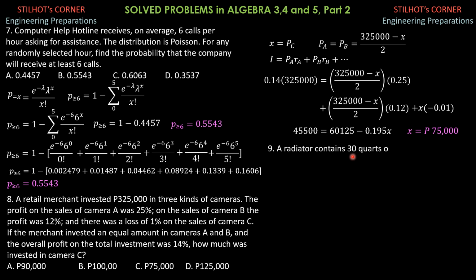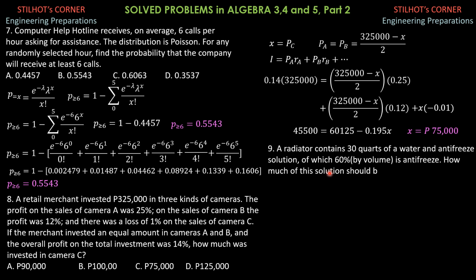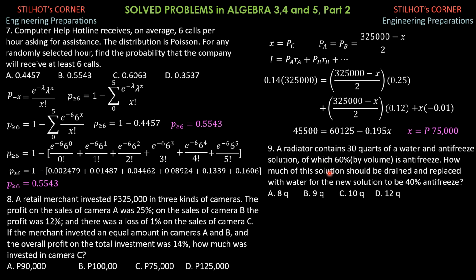Problem 9. A radiator contains 30 quarts of water and antifreeze solution, of which 60% by volume is antifreeze. How much of this solution should be drained and replaced with water for the new solution to be 40% antifreeze? So we are talking here of antifreeze, and we will call the amount to be drained and to be replaced with